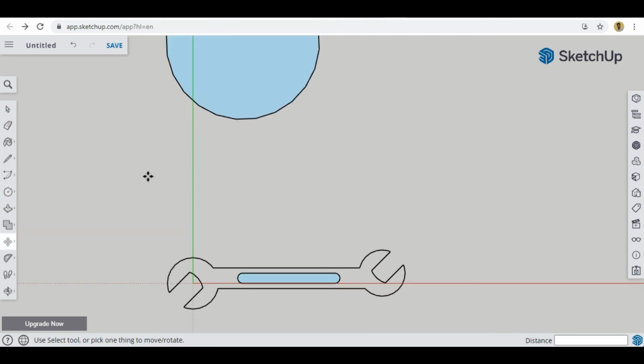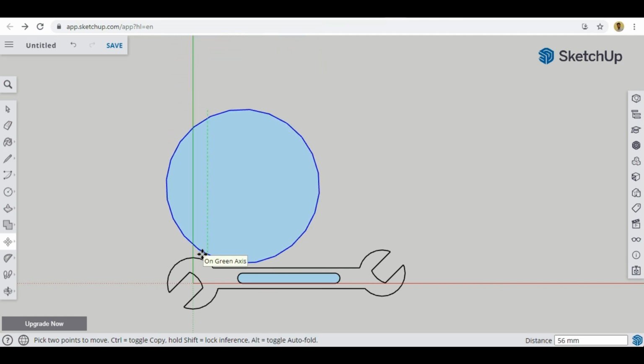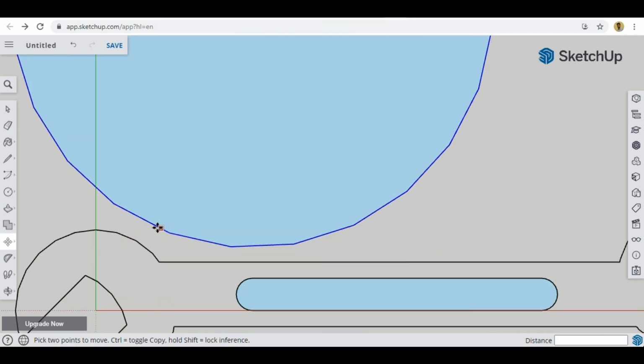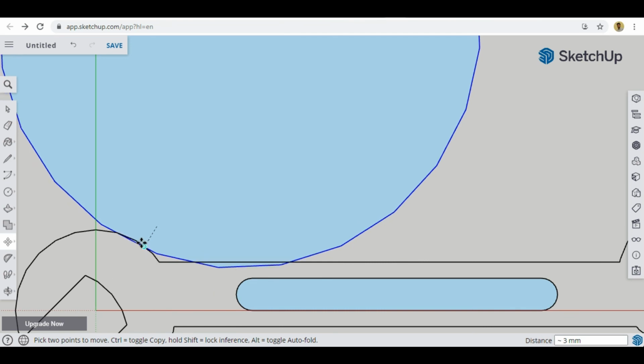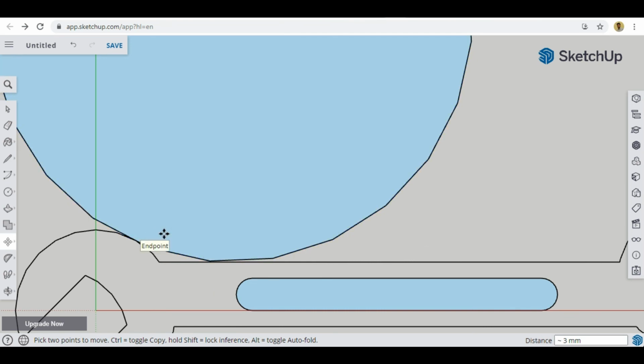What I have to do now is use the hit and trial method, which means you have to take this point and try to attach it with both the surfaces at the same time. It should be attached to both the surfaces at the same time.